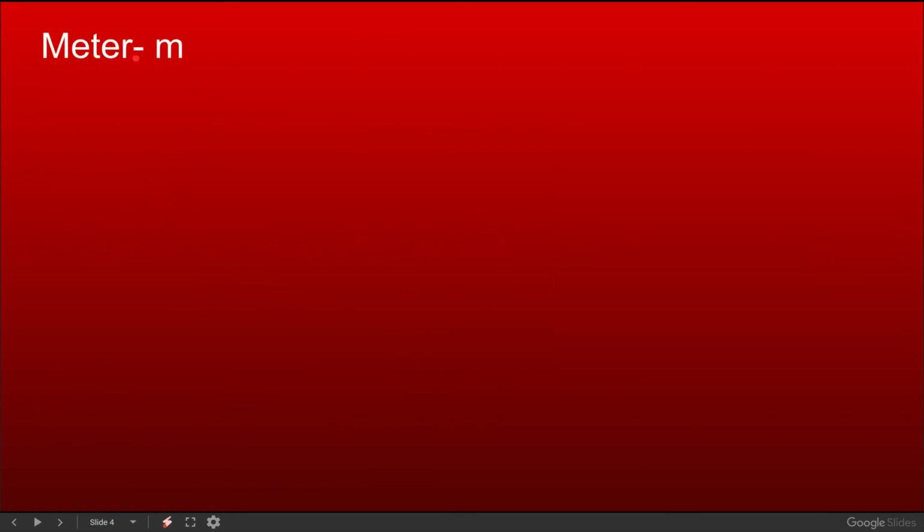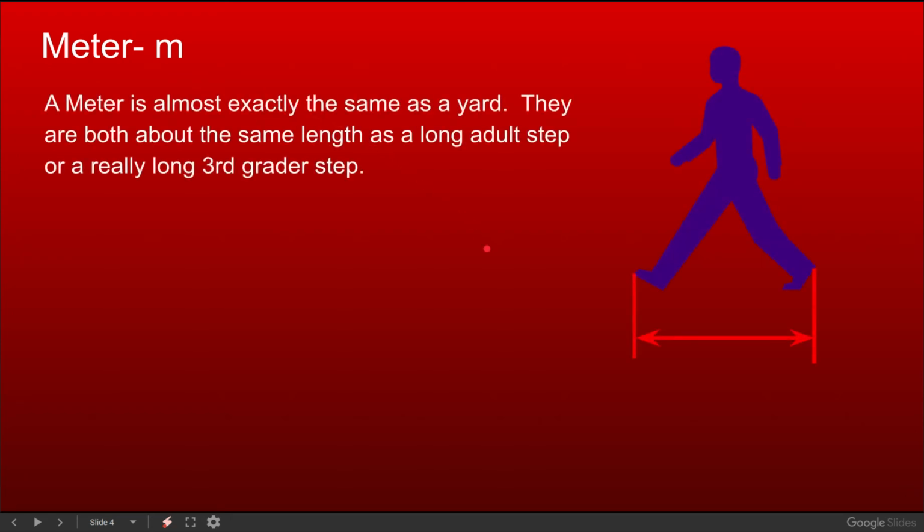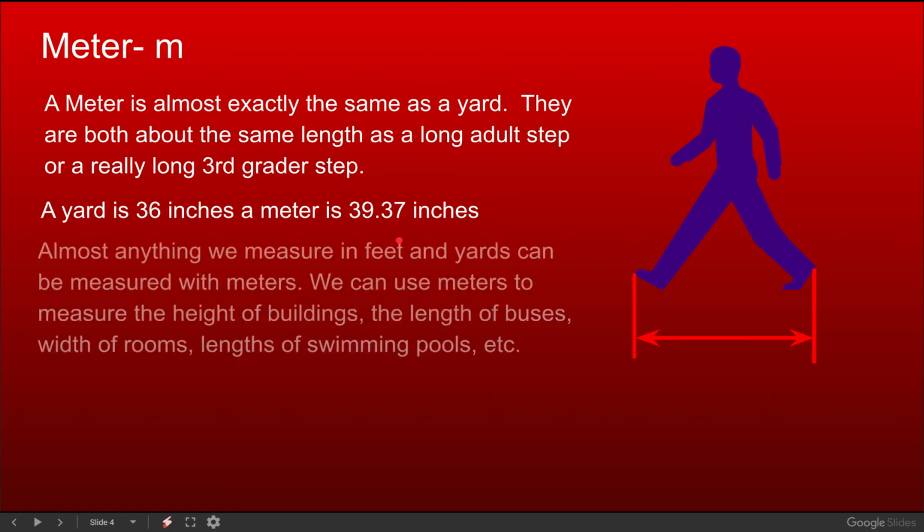A meter. Meter is abbreviated with just an m, and a meter is almost exactly the same as a yard. So one large adult step, or one really large third grade step, will give you a meter. A yard's exactly 36 inches, and a meter is 39.37 inches. So they are very close to being the same thing. Almost anything we measure in feet and yards can be measured in meters. We use meters to measure the height of buildings, the length of buses, width of rooms, lengths of swimming pools,